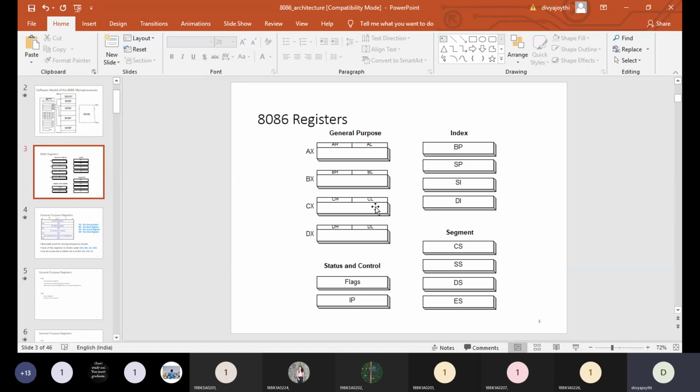Out of all the four groups that 8086 has, general purpose registers are the registers which are available for the end user, the program, or the programmer of the 8086 microprocessor.